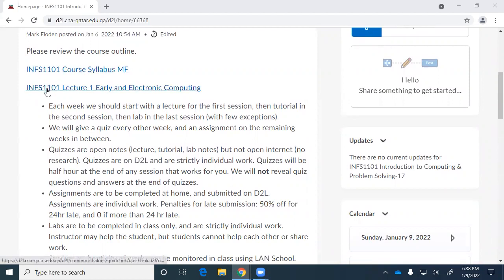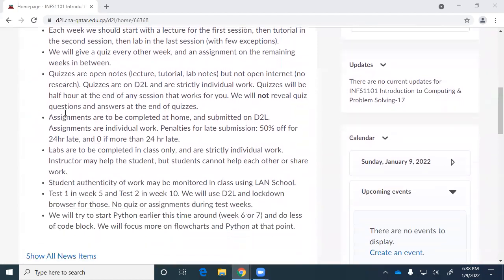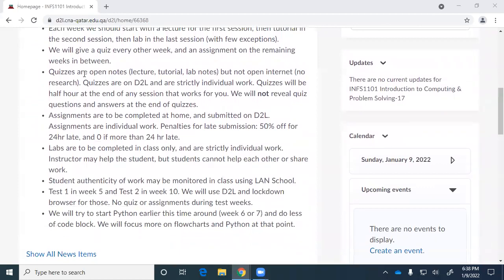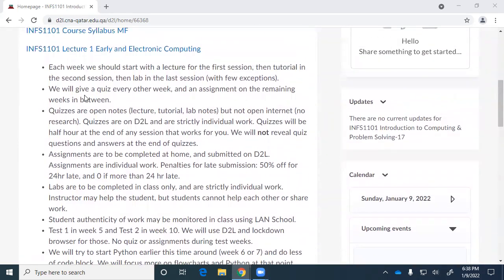And so I got a couple of links there. When I hover over them, you can see that those links do something. There's a bunch of notes there that I put up. Those are notes which are the result of a meeting that we had with all the instructors for this course. There's lots of instructors because there's lots of course classes. And so this is the way that we want to have all the classes the same. So these notes are how we're going to do it.